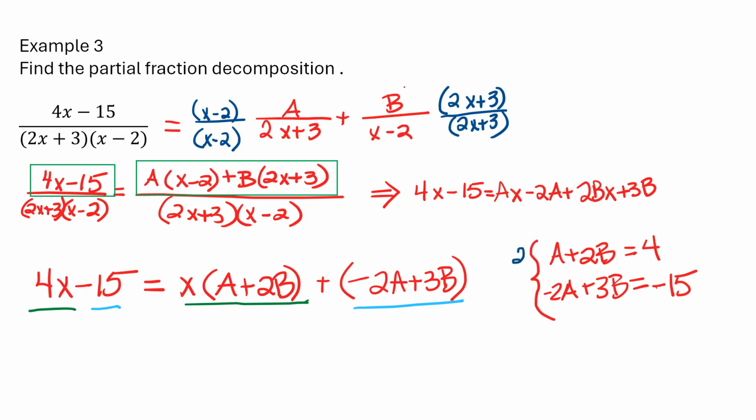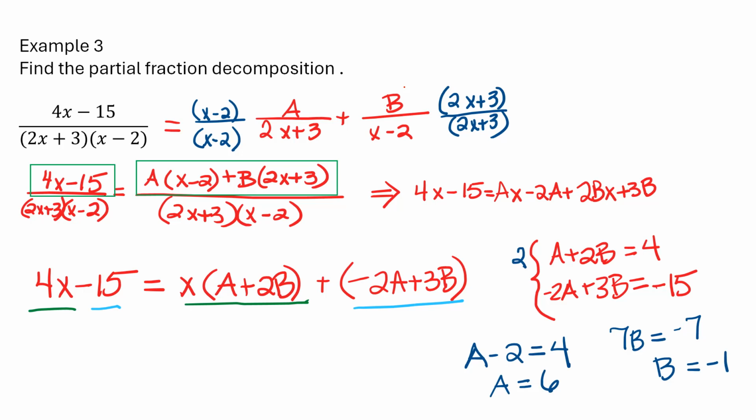I'll multiply the top equation by 2. The a's will cancel, and I'll end up with 7b is equal to negative 7, because when I multiply the top equation by 2, I get 4b, and then I add 3b, I get 7b. And then 8 minus 15 is negative 7, so b is negative 1. And if I plug that back in, I get a minus 2 equals 4, so a is 6. So I found my a and b, and now I can write the partial fraction decomposition for the fraction I